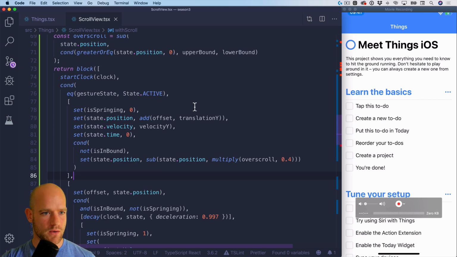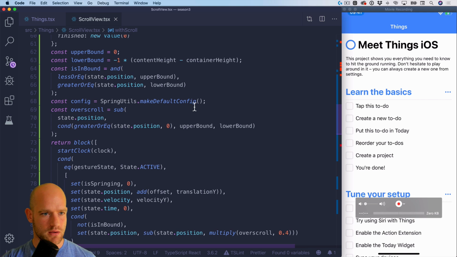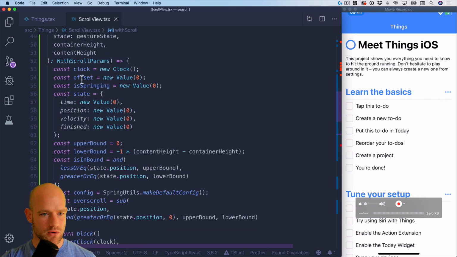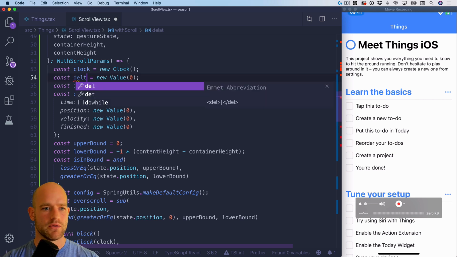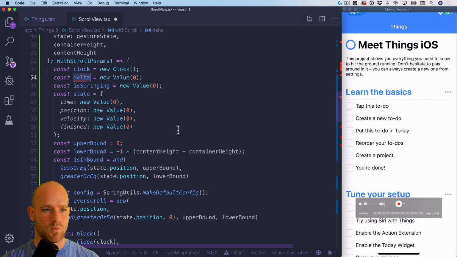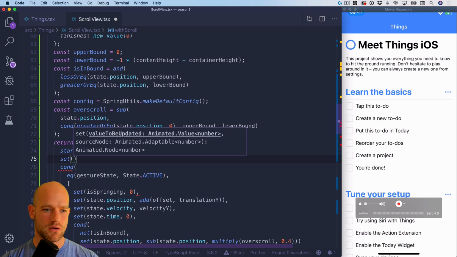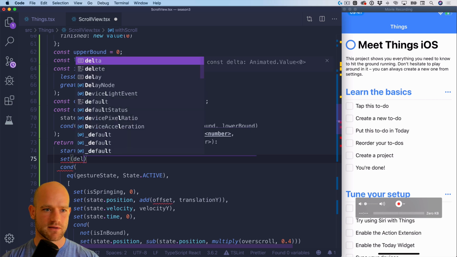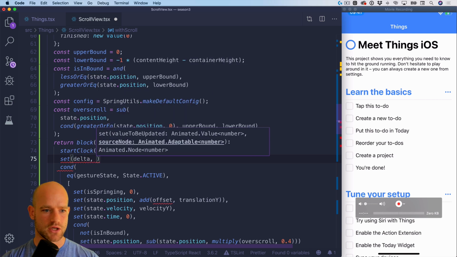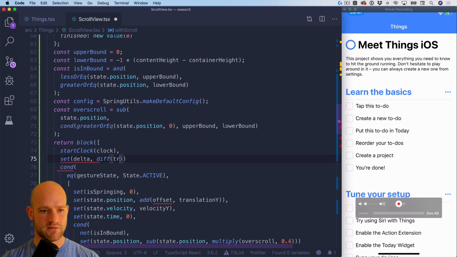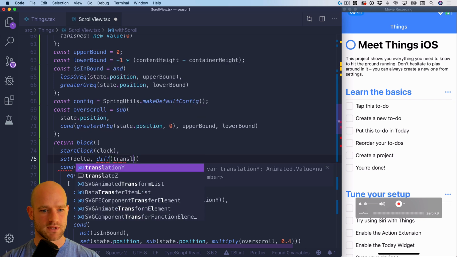So what we are going to do is remove this offset variable and call it a delta variable, for which we're going to store the difference for each translation. So in delta we'll store the diff of translation,